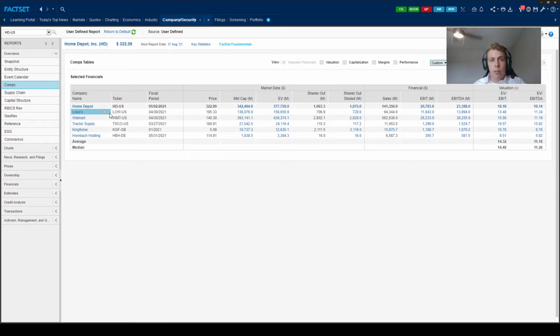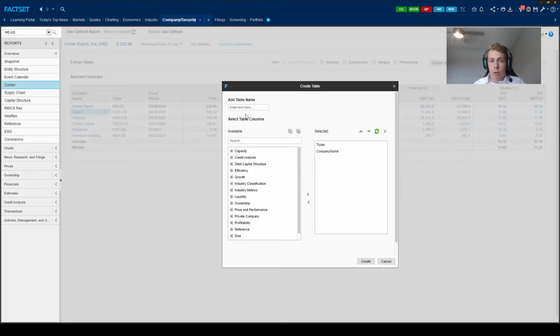So now that you have your comps, the next thing we need to do is actually pick out which evaluation metrics we want to download the information for. To do this, we're going to create a custom table. So you go up here and click on this little drop-down menu next to the search bar, and click on this green plus arrow in order to create a custom table. And I'm going to call this the FINA 5000 tutorial